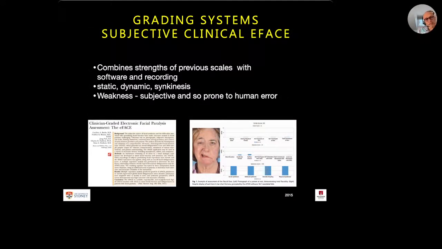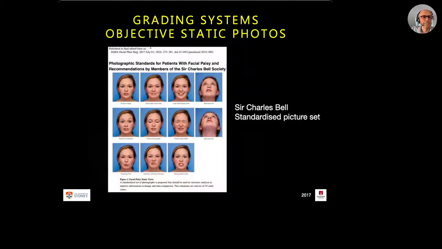The eFace system combines strengths of these previous 2 scales and plugs them into software for recording so that we can objectify at least the recording system here. It includes static and dynamic assessment as well as synkinesis, and its weakness as well is that it's subjected to human error, and it is subjective. So then a lot of facial nerve clinicians are moving to try and objectify their assessments, static and dynamic, including synkinesis and emotion, all trying to get all of these domains of facial nerve outcome assessment